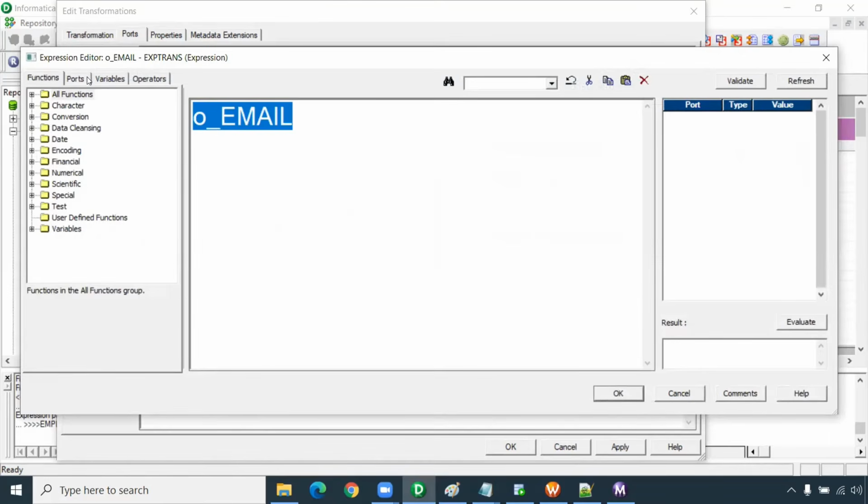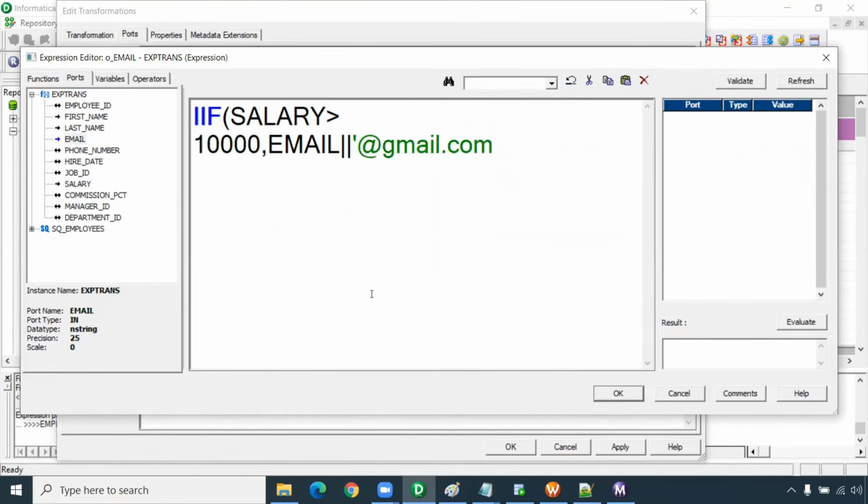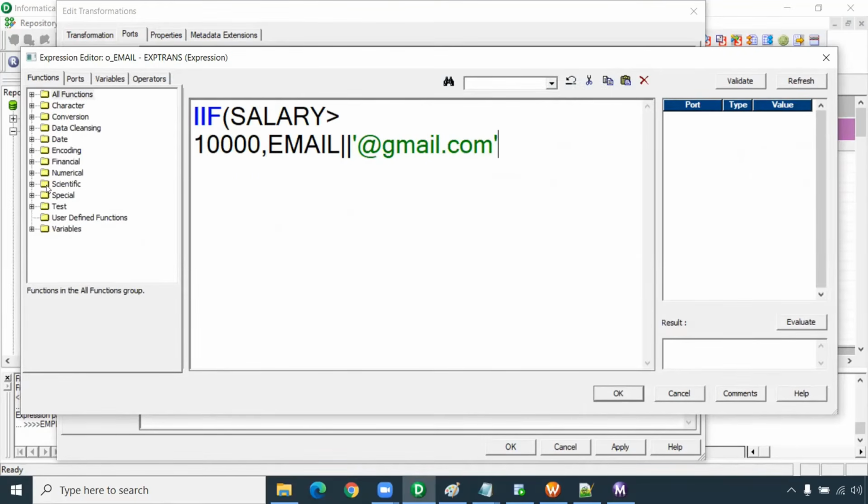Okay, how to write the logic? If condition, IIF. As we have seen already, IIF, if salary is greater than 10,000, then I have to make email@gmail.com. Along with this, I have to add @gmail.com. If there are any other conditions, is there any regular expression? Yes, in our functions we have regular expressions.